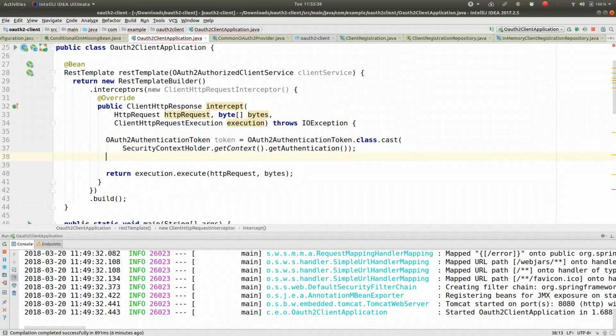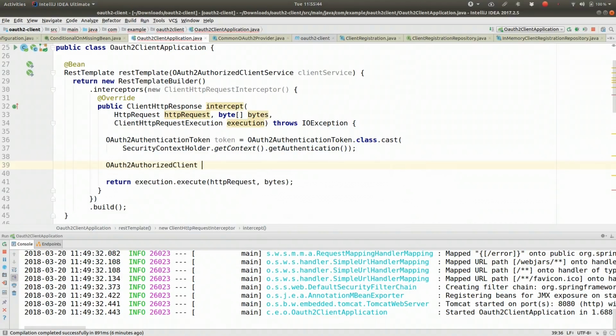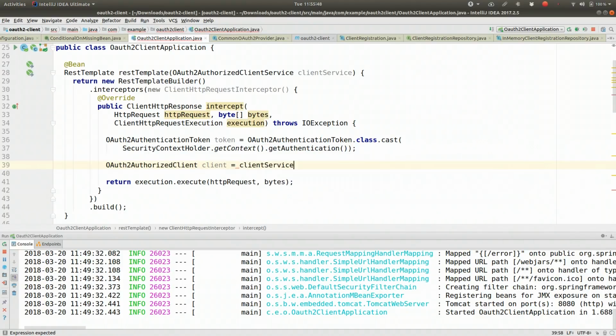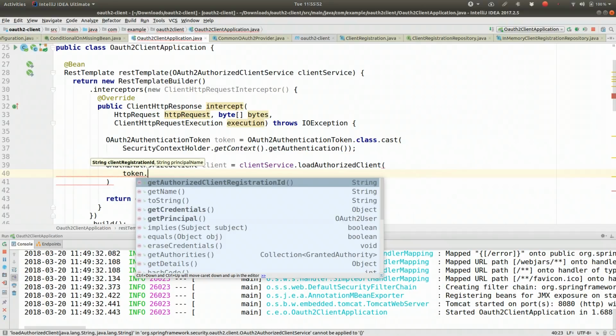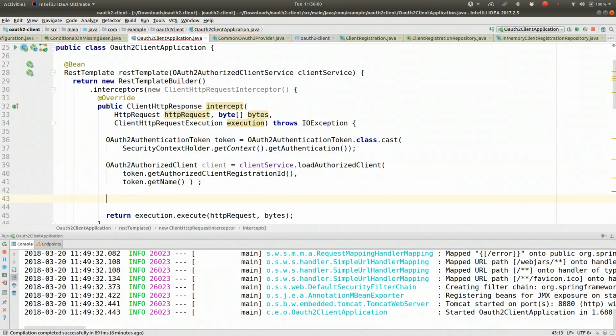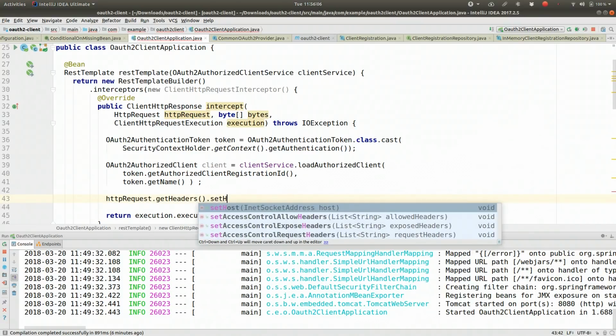Now, I've got this token, and from there, I want to get the client, so I can do the same as before. I'll say OAuth2AuthorizedClient equals CS load authorized client, and I'm going to use the token dot get authorized registration ID, token dot get name, and then we use the headers. We're going to change the headers. We'll say HTTP headers dot add or set